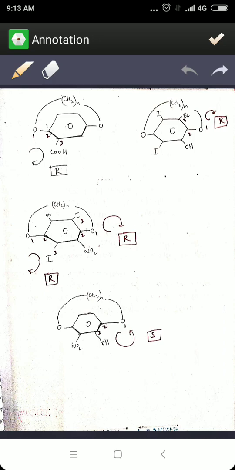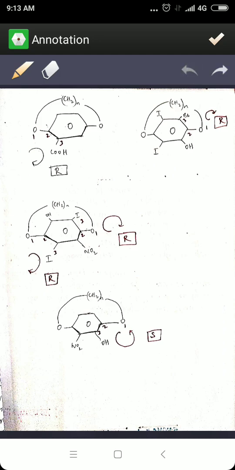Now one more example. Now here there are 4 substitutions on the benzene ring. This is a different example, but still you can make it out. I will just explain it to you. There are 2 iodine groups which are attached on one end of the benzene. So now you cannot consider the numbering in this case because here the priority matters. Since both are iodine, there can be an ambiguity on which is going to get the highest numbering, because in this it is not possible since it is disubstituted. Now let us look at the right part of the benzene ring.